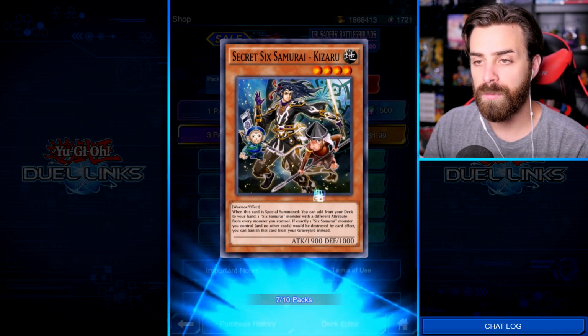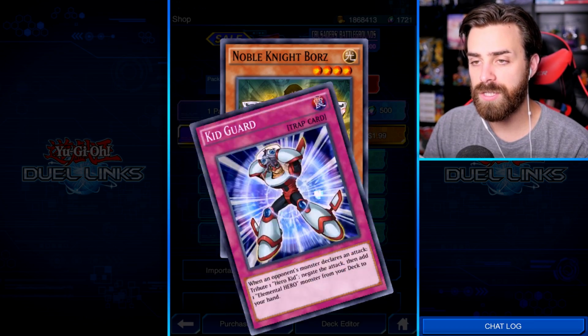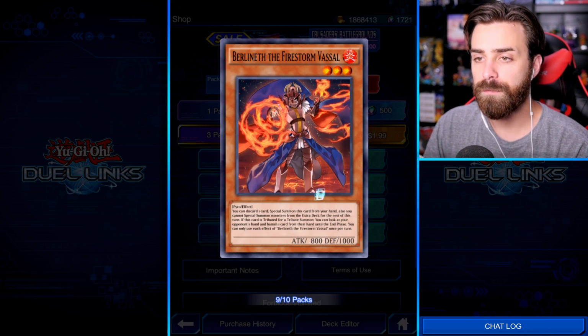Ooh. Steel Swarm Longhorn and Secret 6 Sam. First step towards infestation, Kid Guard, and Noble Knight Boars. Here we go. We're getting the dupes, baby. Brutal Potion, Frost Blast, and